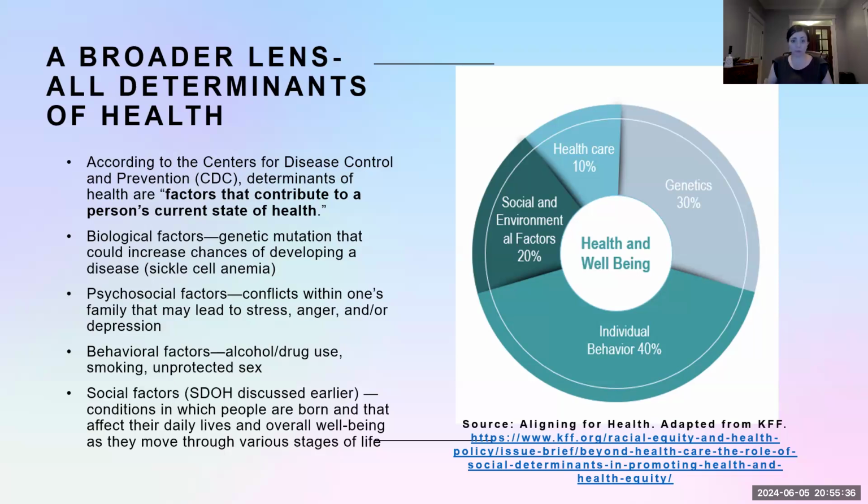Genetics is a chunk, right? Some of us are genetically predisposed to certain things. And then individual behavior that we're looking at with health behaviors, 40%. Now, again, these are round numbers. A lot of the social and environmental factors influence behavior. And so that behavior needle, right, what we think is normal, what we think is acceptable, how we interact socially, is driven by our social environment, can be impacted in that way. If we live in a food desert, we're less likely to eat healthy food. If we don't have sidewalks, we're less likely to take a walk. You get my point. So we're going to be exploring some of these pieces a little more in depth.